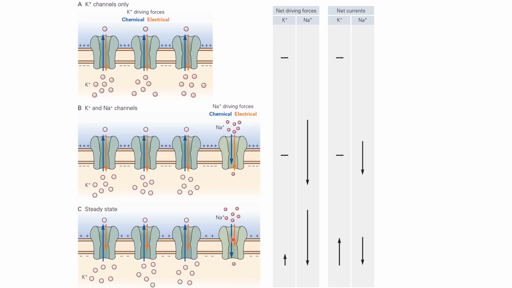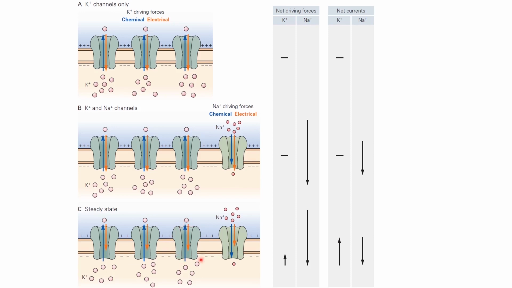So overall, the two driving forces are still in the same direction, but the magnitude would be slightly reduced now compared to the beginning. And therefore the current of sodium will also reduce relative to the beginning. Now, as the electrical gradient for sodium has changed because the membrane potential has become more positive, similarly the electrical gradient for potassium ions will also change, because membrane potential is a common value for the whole neuron. The electrical gradient for potassium ions is also now reduced, while the chemical gradient for potassium remains unchanged,